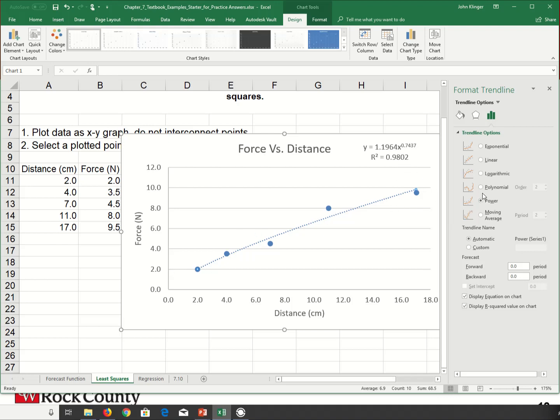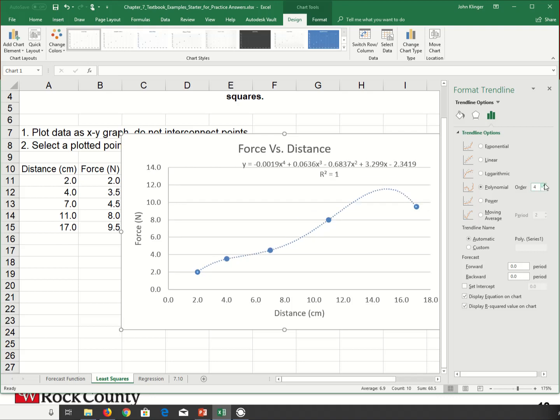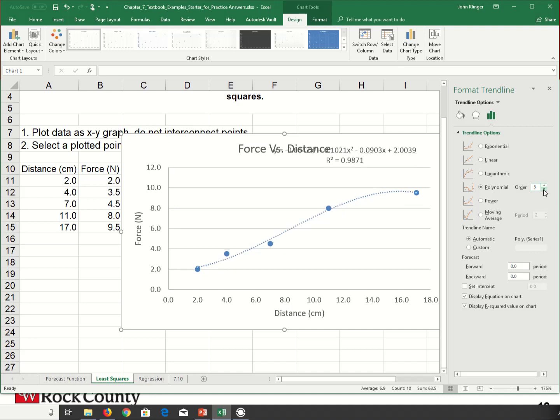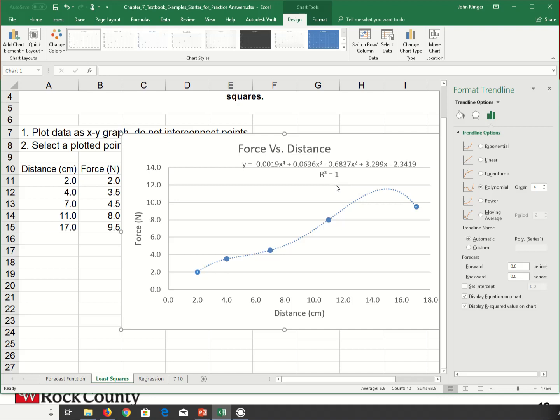The other one that we might look at is polynomial. You see I got 0.97, and this is only for a second order, so it's an x squared term. I could increase this more and more. There's a fourth order polynomial. You see already at fourth order, I'm at an r squared equals 1. It goes through everything. There isn't even a fifth order. At 6, it goes up high, but at 4 already,